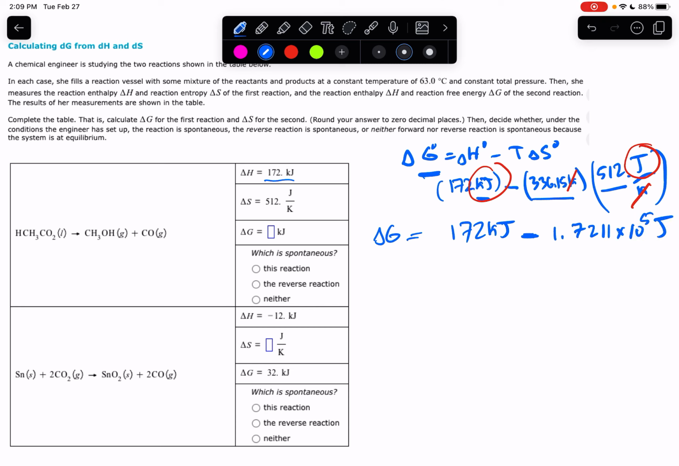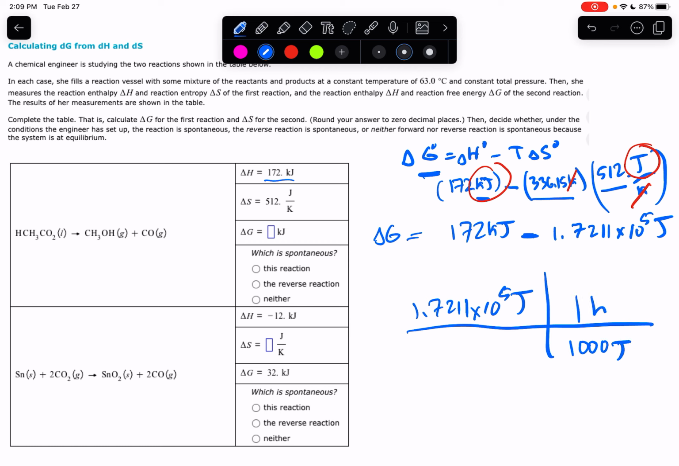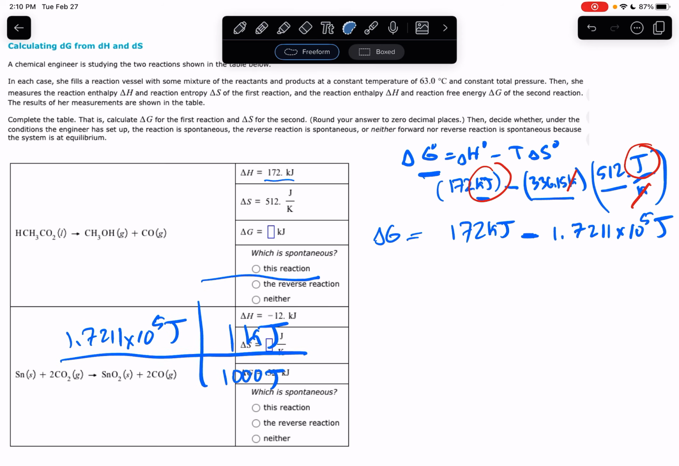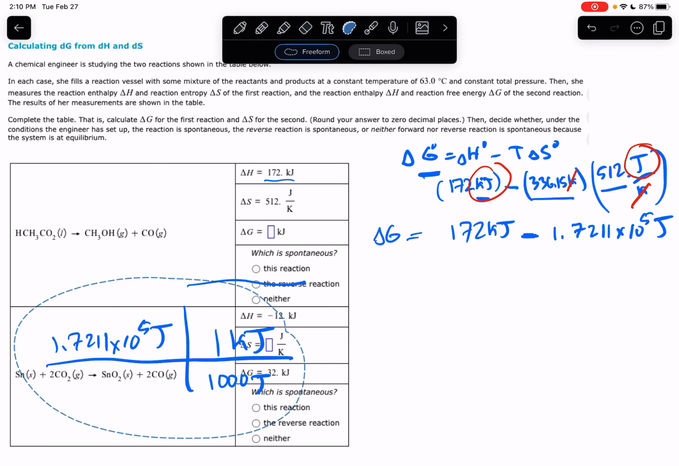Now, as a reminder, if we know the number of joules we have, 1.7211 times 10 to the 5th joules, we can say for every 1,000 joules, there's 1 kilojoule. And when we do that, we can convert this by essentially dividing this by 1,000, sliding it over 3 places. And I'm going to take this whole little bit right here, and move it out of our way for just a second. When we convert that, we're going to end up with